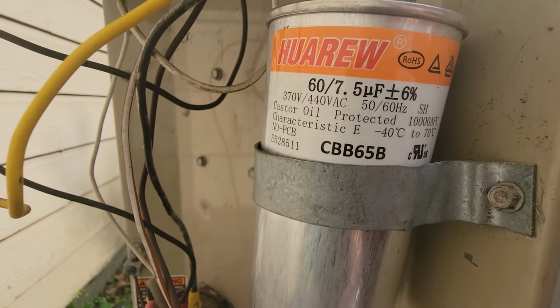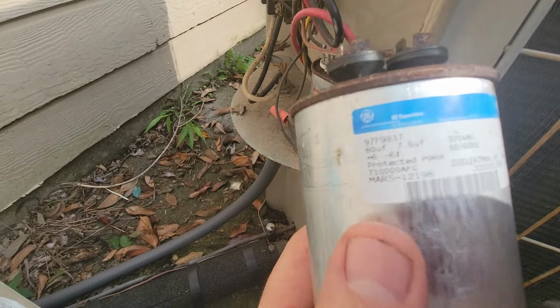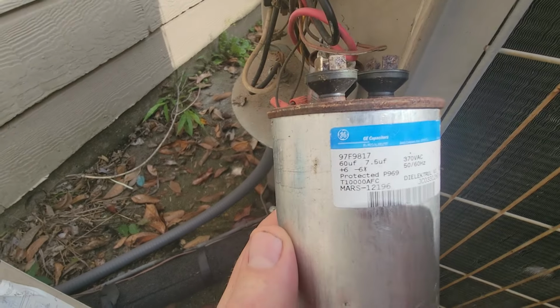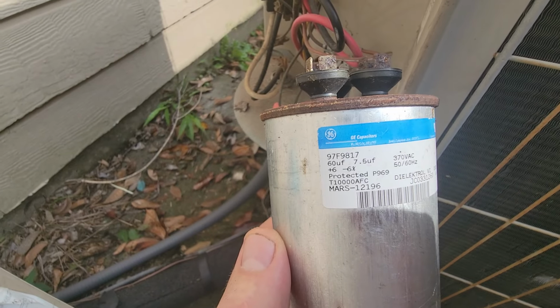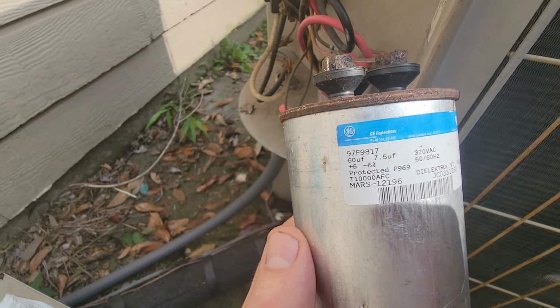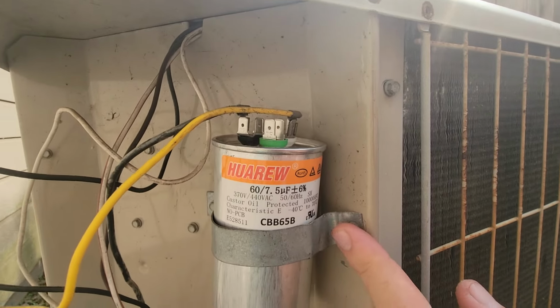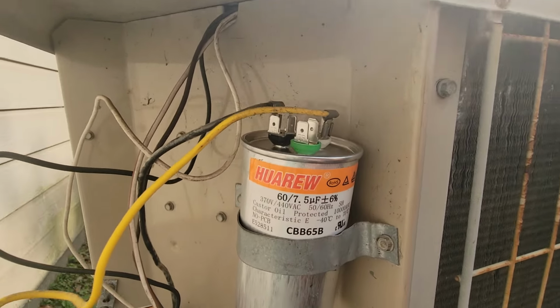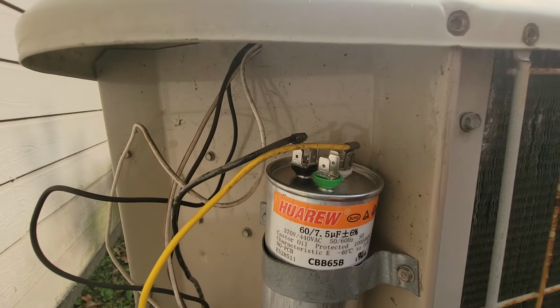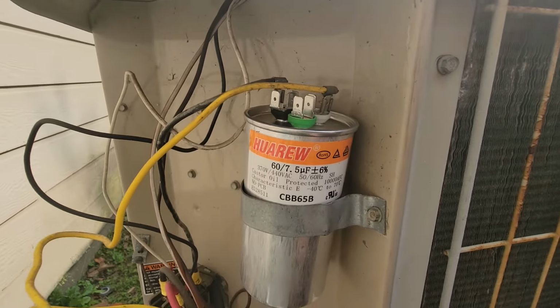50 to 60 hertz is standard. 370 volts, 440 VAC. All of that is going to be standard across the two. So just make sure that you're getting another capacitor to replace your existing one that has the same ratings, and then you'll be good to go. These come off really easily. It's just a little strap holding this on. One bolt on this side, old one comes out. Take the fittings off, take the wires off the old one,